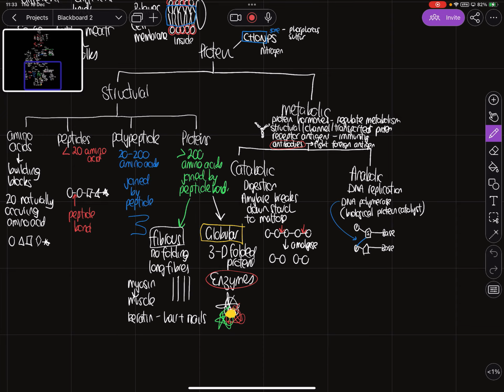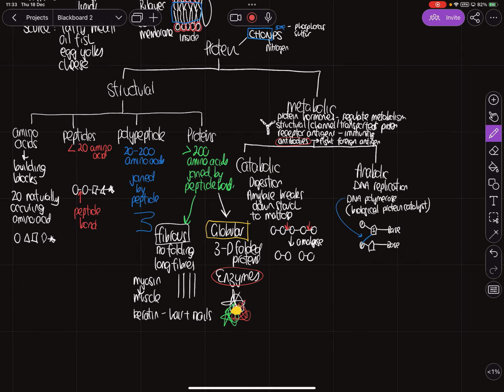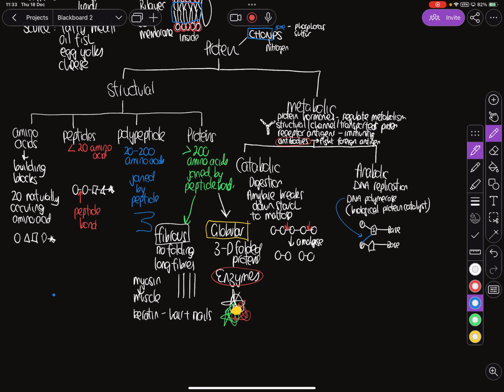So again, for all of the three things that we've done, we've looked at carbohydrates, protein, and lipid, and it's structural and it's metabolic, and then it becomes their sources. So that's the last bit that we have to do over here. So our sources of proteins, you will eat meat, you can have fish, you can have beans, peas,